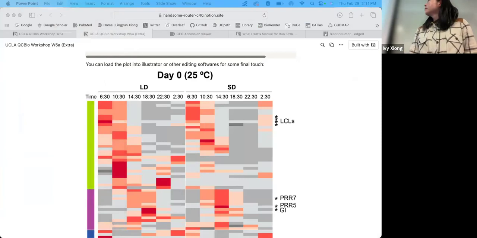But the labels, the timing labels, can you specify something else in the heat map? No, so the heat map, that's all we can do. They are kind of clunky, I know, and the trees, you definitely don't need them in the visualization. So what I did is I loaded the image into Illustrator. PowerPoint can do that too. You crop out the part that you don't need, and then you add the little labels like time point, groups,